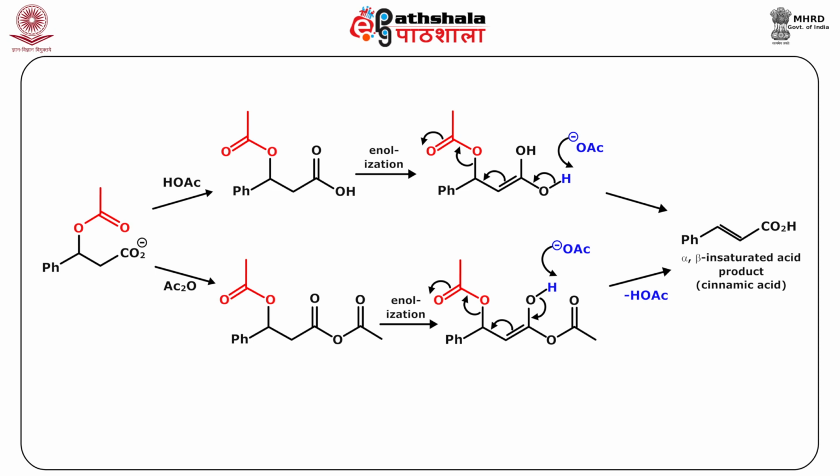So, in aldol there is no dehydration normally, it has to be further heated with acids for the dehydration to take place, but here the elimination of acetic acid via the acetate ion going out as a better leaving group is what is giving you an alpha beta unsaturated product. So, elimination of acetic acid may occur either from the carboxylic acid itself or from the mixed anhydride formed from one more molecule of the acetic anhydride.